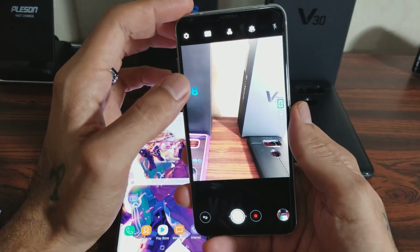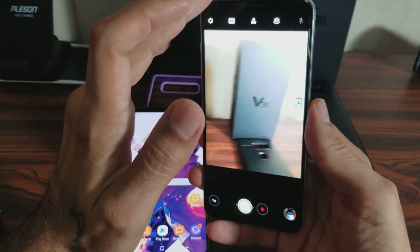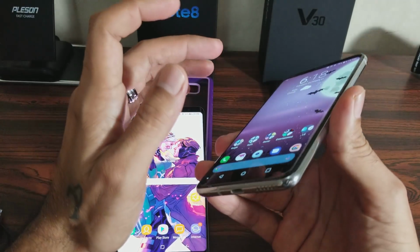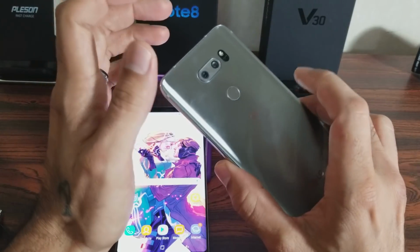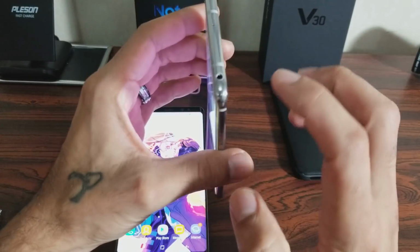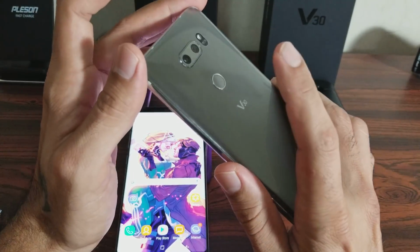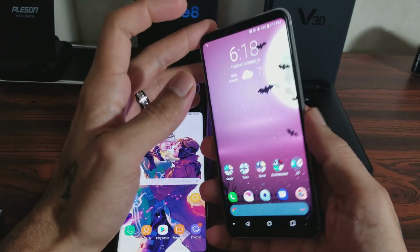It allows you to shoot 4K on the rear facing camera, no 4K on the front facing camera. It is running Android 7.1.2 Nougat. You get Quick Charge 3.0 fast charging as well, and wireless charging. And it's got a 32-bit quad DAC hi-fi audio for all you audiophiles out there, and it sounds amazing. As far as security, you got your fingerprint sensor, face detection, and voice recognition to unlock your phone and